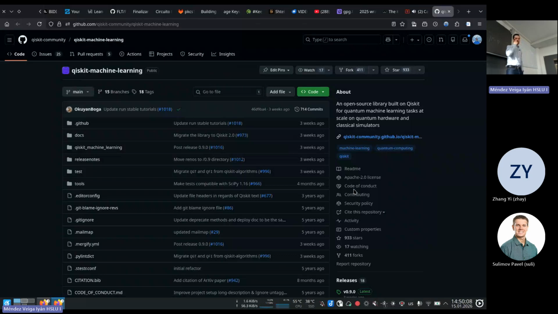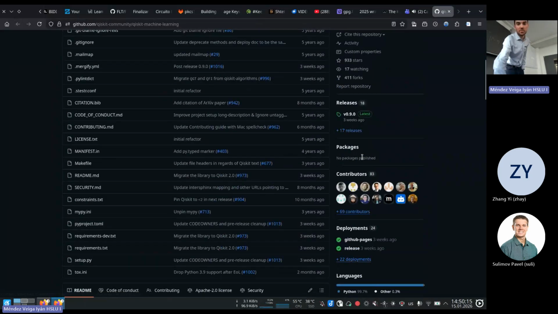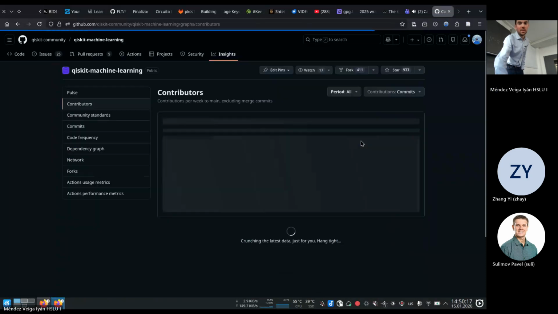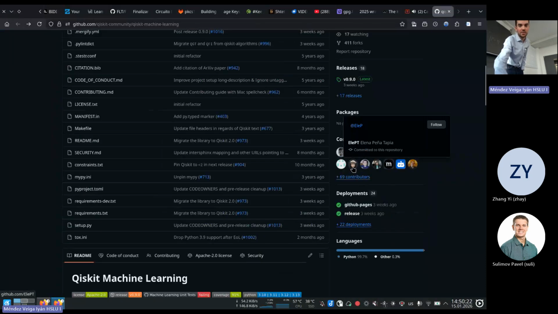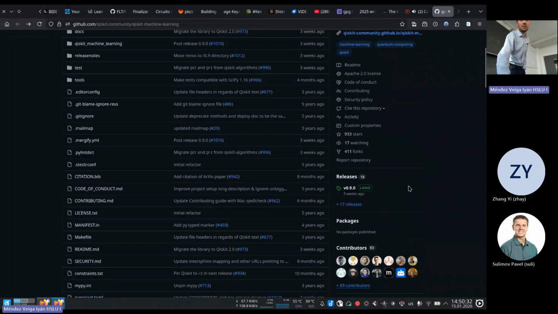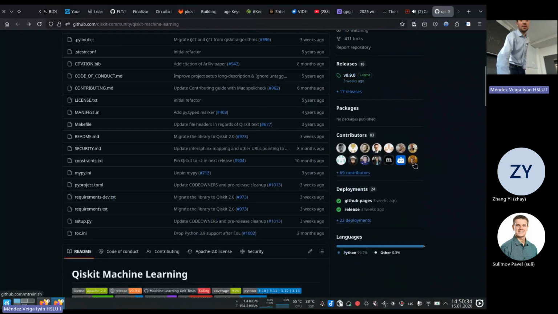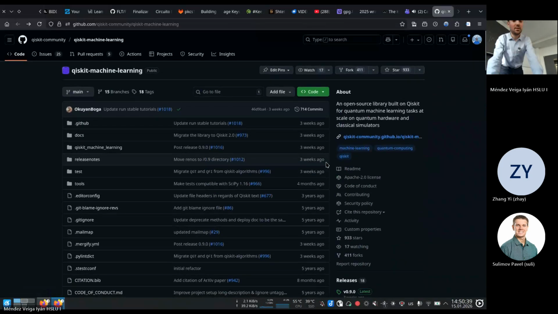So that's why, if you were actively collaborating, you can apply to be the maintainer of this repo. And you can see the people that are contributors. I already saw one icon here. So this is Lena, she works here in IBM Zurich. So she's also committing to this repository. So you see that there is still work from IBM, but as well here, this is the release manager from Qiskit. So yeah, but don't think that whatever is in the Qiskit community is abandoned.